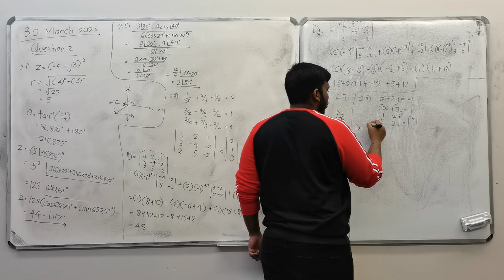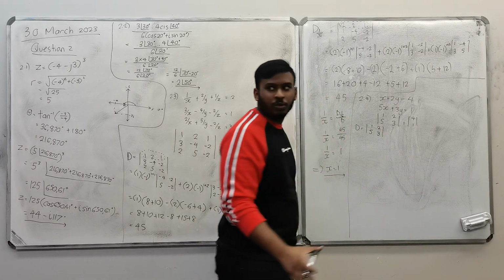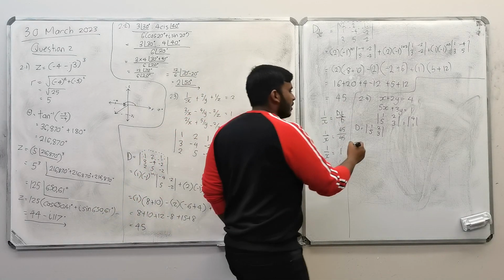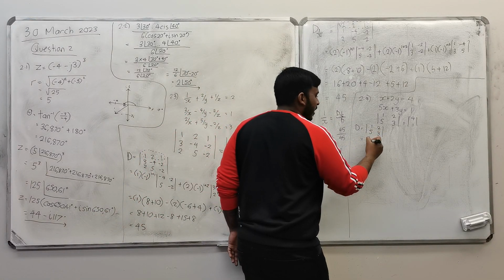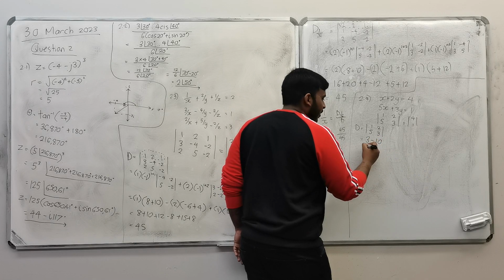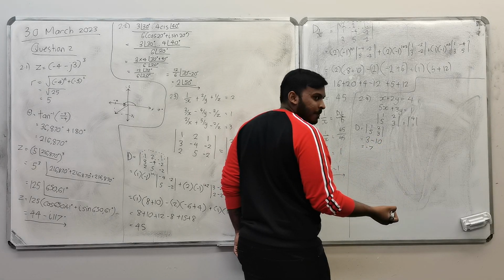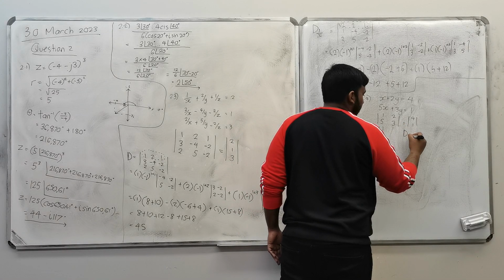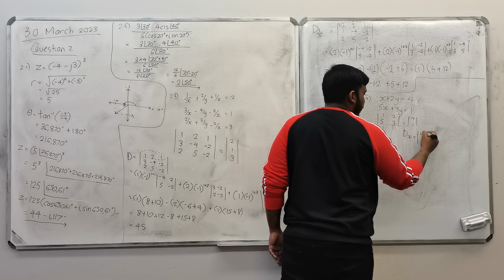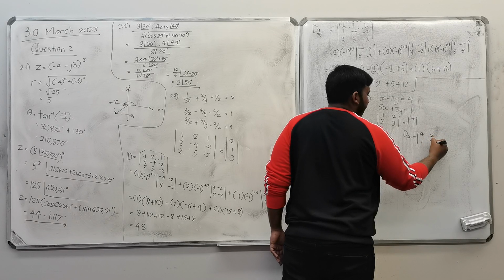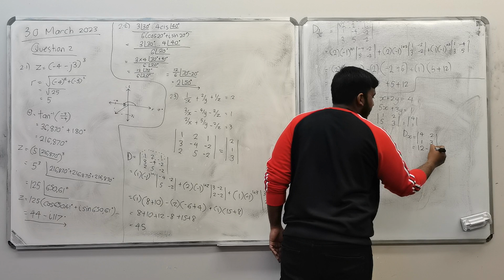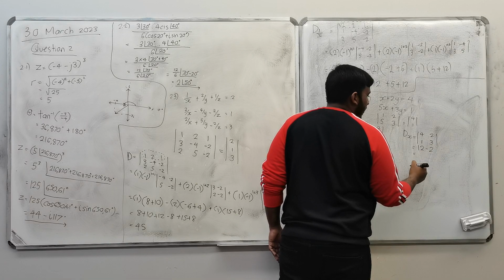d is equal to 1, 5, 2 and 3. This is a 2 by 2, so all you do is you just cross multiply and subtract, right? So this will come to 3 times 1 minus 10, which is minus 7. Yes? Then you substitute for your x. So dx is equal to 4, 1, 2 and 3. So 4 and 3 is 12 minus 2, which is